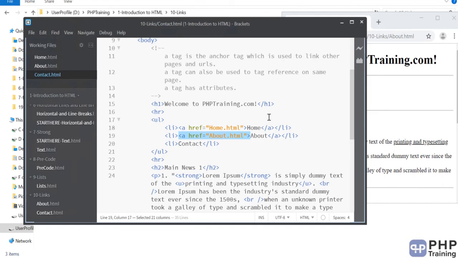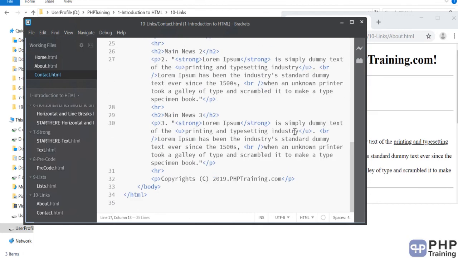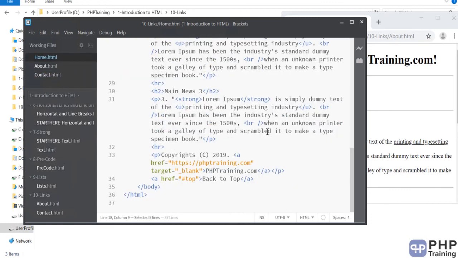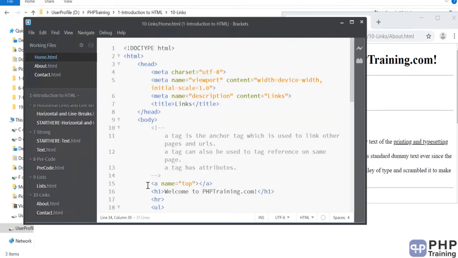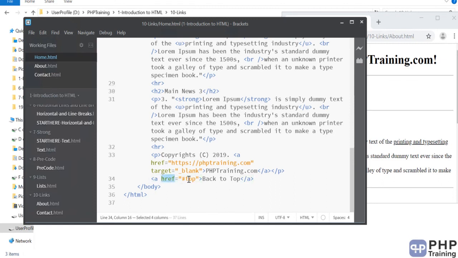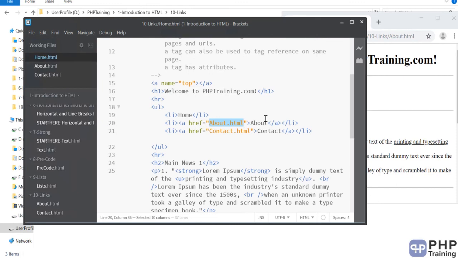So this is how you basically add links to your pages, and you can add links to any resources that you have on the server or anything on the web. As an example, we have seen in home.html, one way to link other resources on the internet is via the href attribute. You mention the URL of it, and when someone clicks it, you can open up a new window and go to that location. Okay, if you want to refer to anything inside the same page, you can use anchor tags with the name property, give a name to it, then you say href, go to that name, and you have to use the hash here. So we have used href to access the pages.